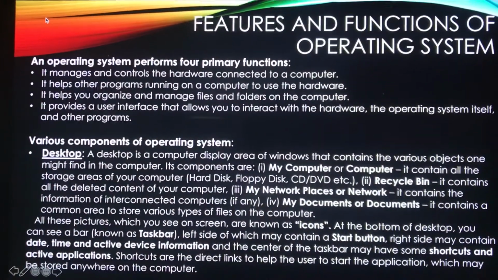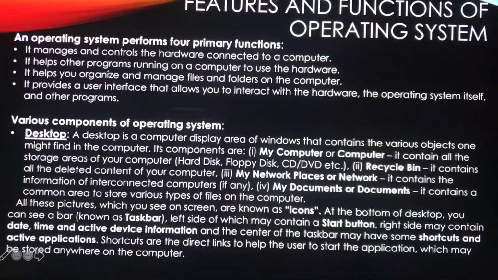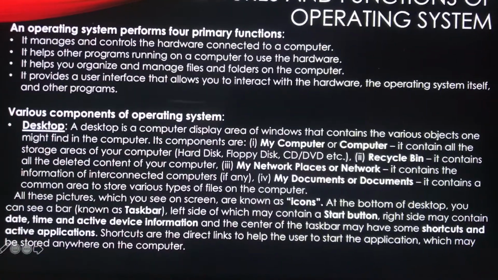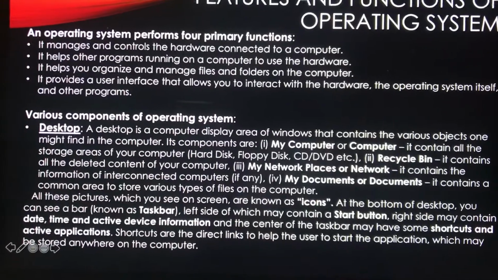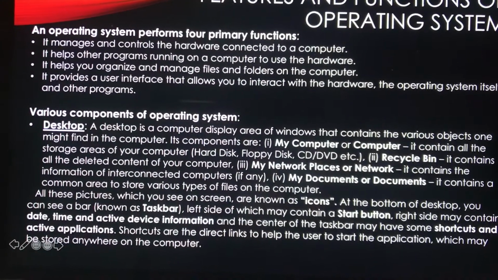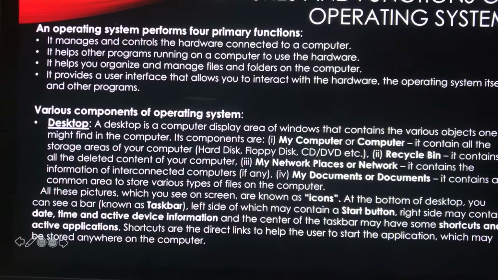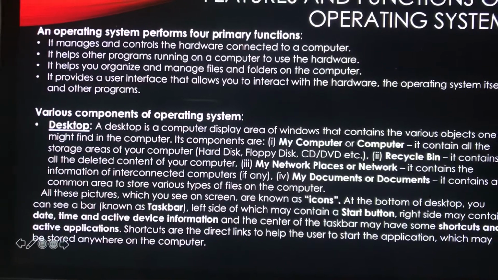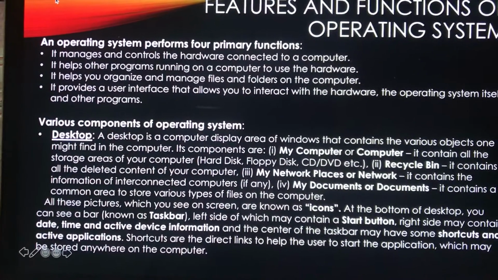These all things are located on the desktop in the form of very tiny pictures. All these pictures which you see on screen are known as icons. At the bottom of the desktop you can see a bar termed the taskbar, the left side of which contains the start button and the right side contains your system tray, which shows the date, time, and active devices information.